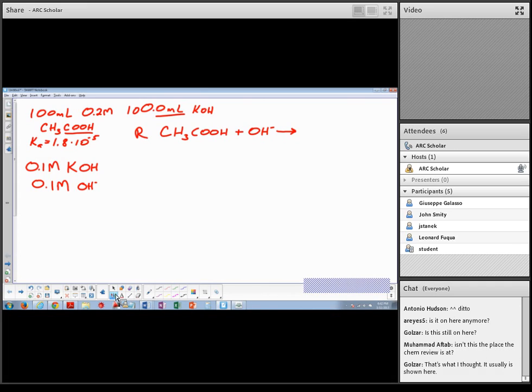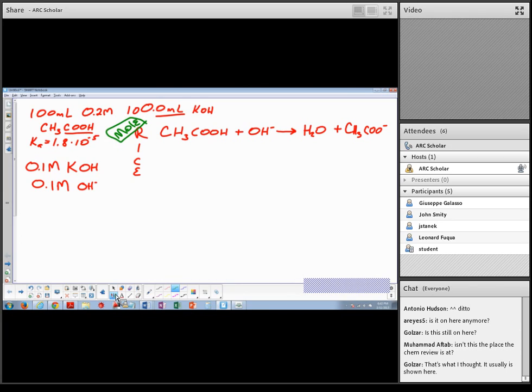Anytime we have neutralization, what's going to be forming? We're going to be forming H2O. And what's going to be left over? The acetate ion. So we're going to set this up the same way, except I would make sure,